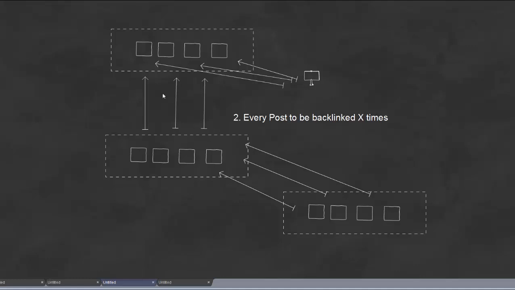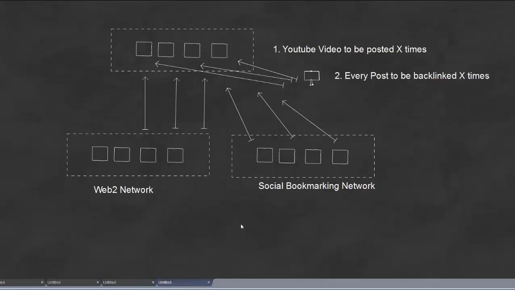A variation of this diagram would be when we do backlinking from a Web 2 network, basically backlinking tier 1 from different types of networks. So we post the video over the Web 2 blogs, and we do backlinking from a Web 2 network, and another backlinking from a social bookmarking network.